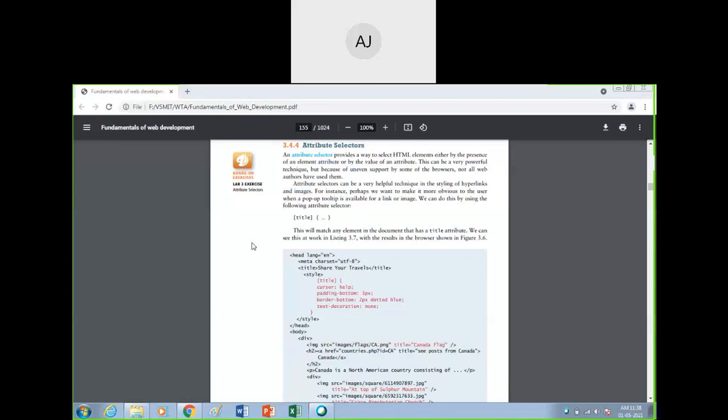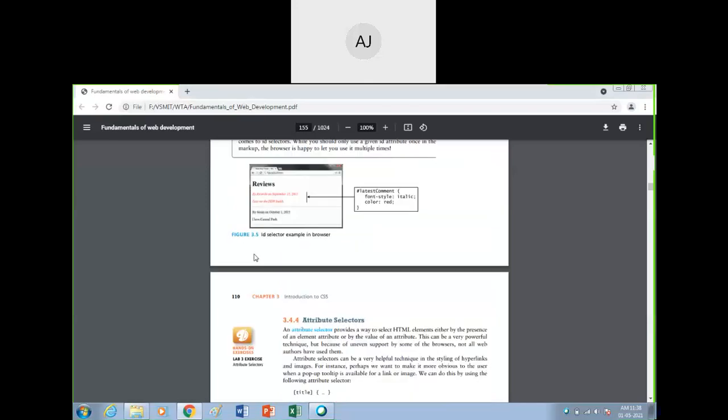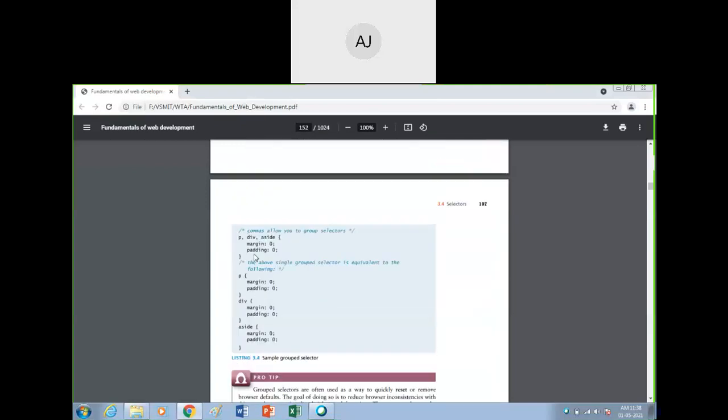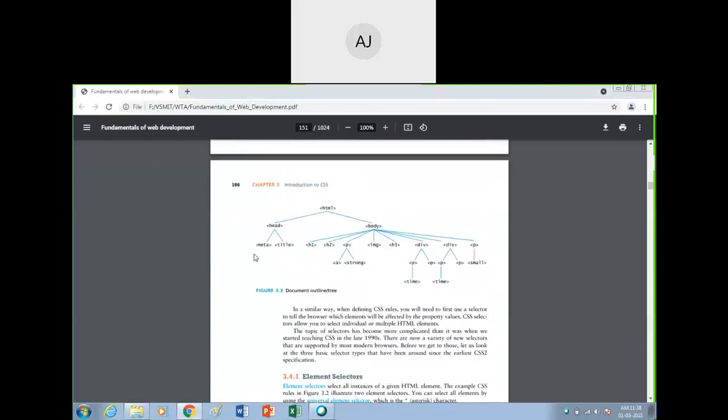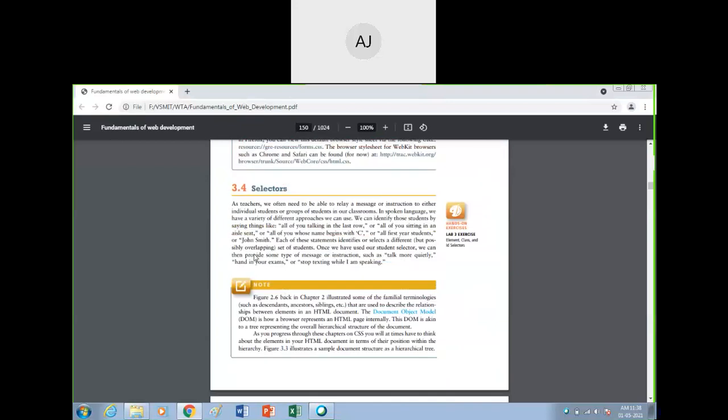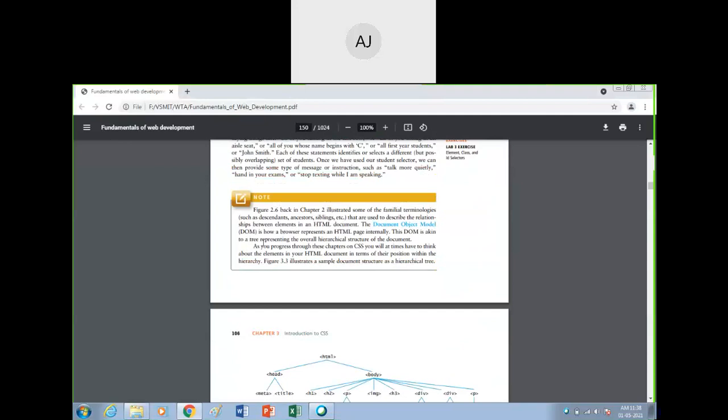Okay guys, so in the last class we have seen some of the selectors. Now what are the selectors? Quickly we will revise the things. So first of all we have seen what is a selector. It has some rules, which gives you one selector, then properties and different values, and depending on that we have 6 categories